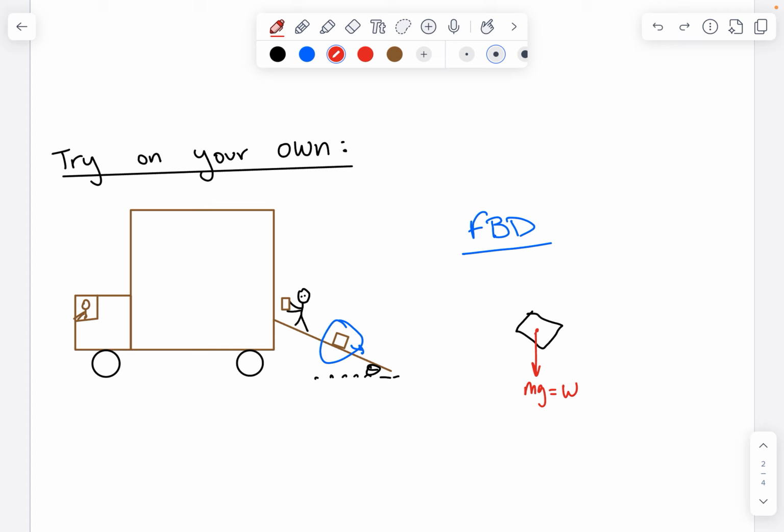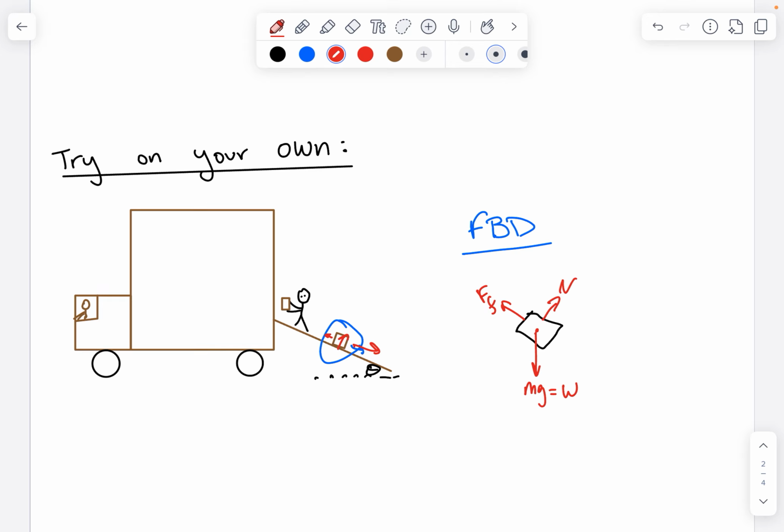We also have our normal force, which opposes what the box is sitting on. So the box is on the ramp. The ramp pushes back on the box this way. So we have our normal force going that way. We also know that it is in motion going this way. So we have friction opposing the motion because I never said it was a frictionless surface. So I'm going to draw friction force right there. And there you go. That is everything, all the forces interacting with our element, and that is our free body